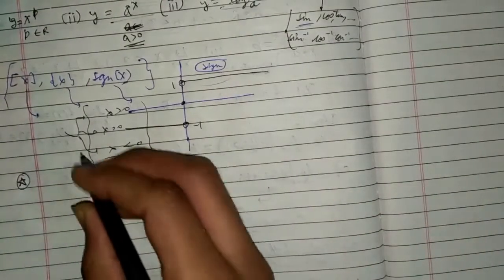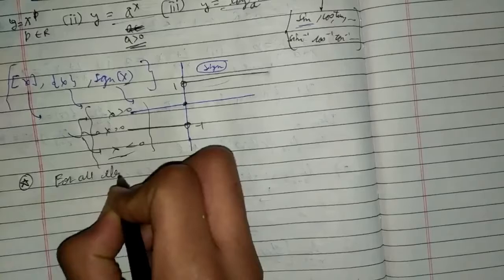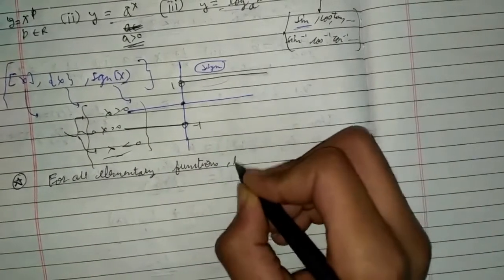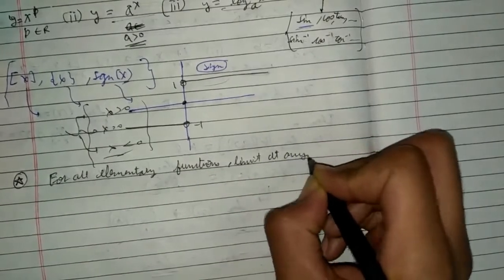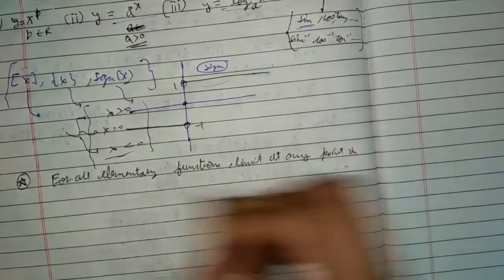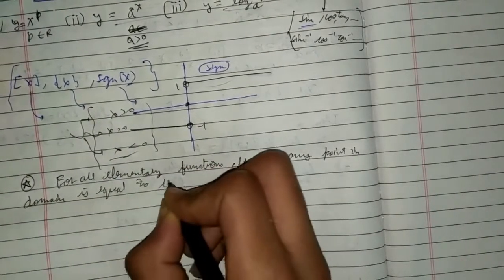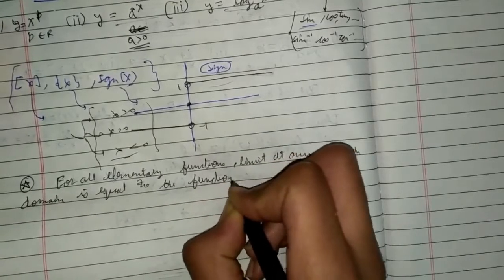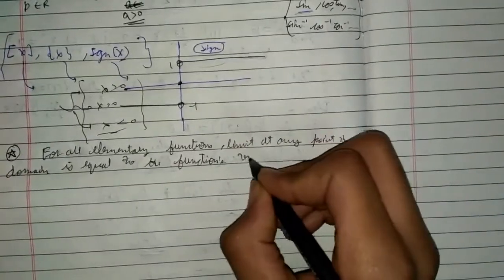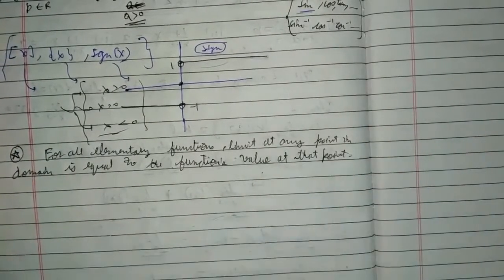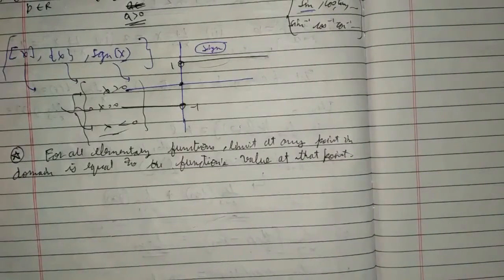And now an important statement, that is, for all elementary functions, the limit at any point in the domain is equal to the function's value at that point. Because these functions are continuous, the value in the neighborhood, that is the limit of the function as x tends to a, will be equal to the value of the function